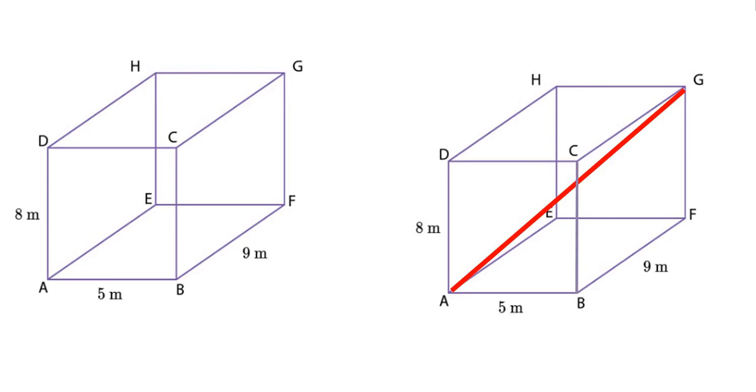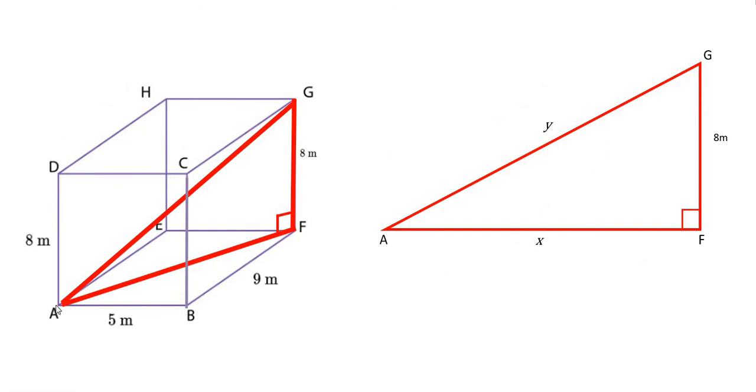So basically the distance. So I'm going to have it between a bottom corner A and its opposite top corner G. And so that's going to be the longest distance inside that box. So what we need to do though is break this up into two 2D planes. So if you look now, you can see that from point A to point G,